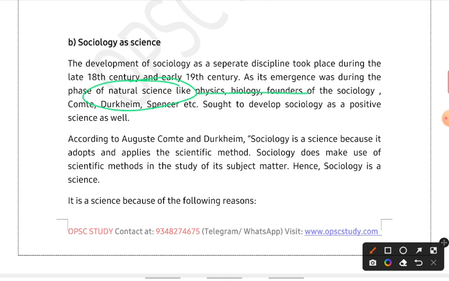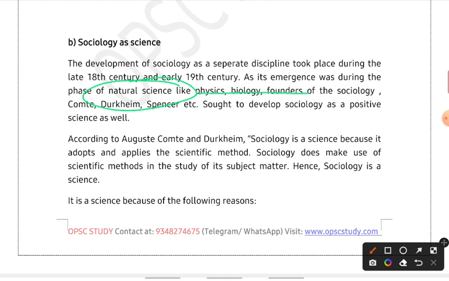Previously there were natural science subjects like physics and biology, which were based on data and were very objective in nature. So the early sociologists tried to study society based on this discipline only, right? And slowly we'll see that Weber comes, and other thinkers also come, and they try to dissociate from this concept and build other concepts like interpretative sociology, symbolic interactionism, है ना? So this is the main crux of it.